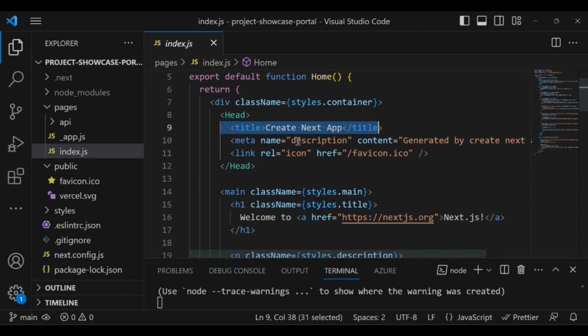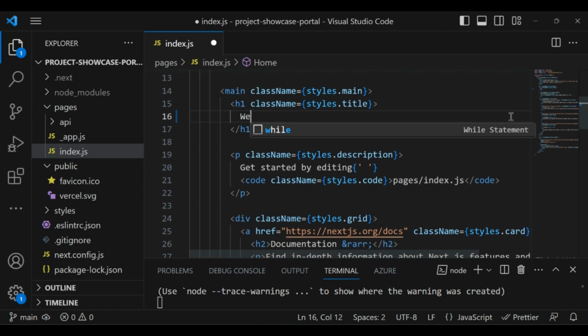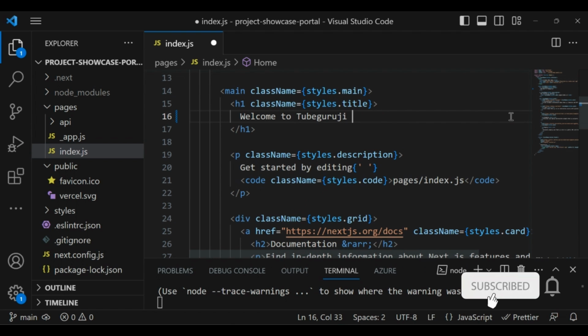So we have the title, then we have welcome Next.js. So for example, if you edit this one, right, welcome to tube guruji, please